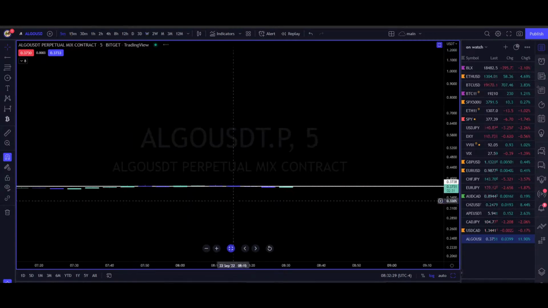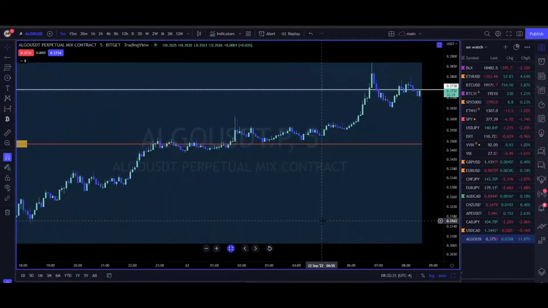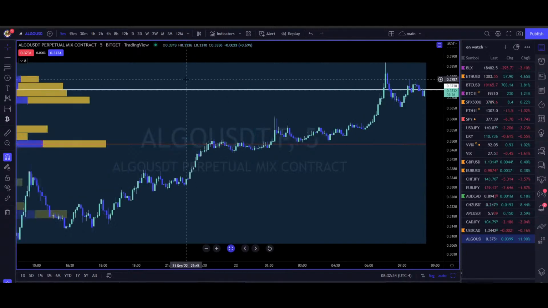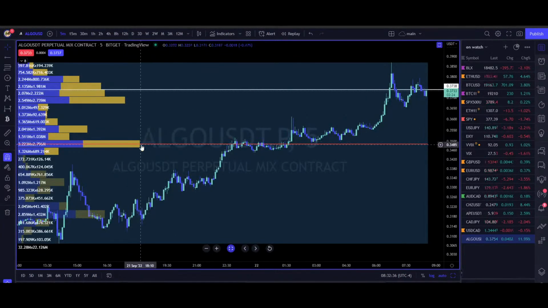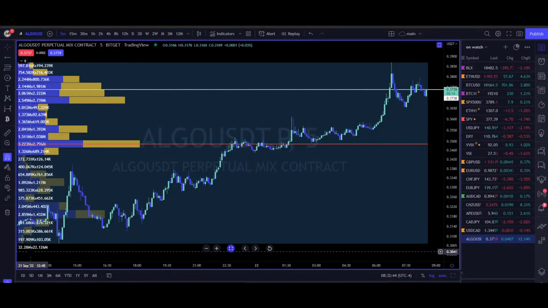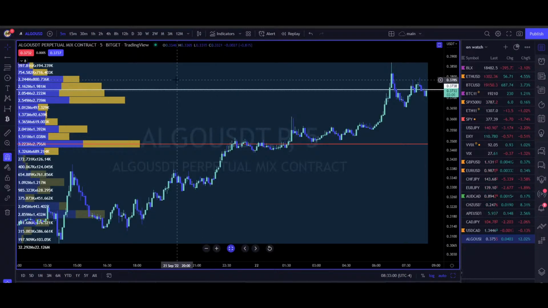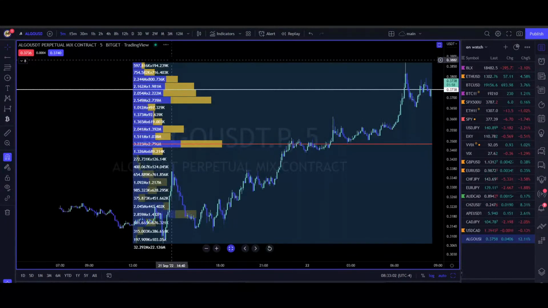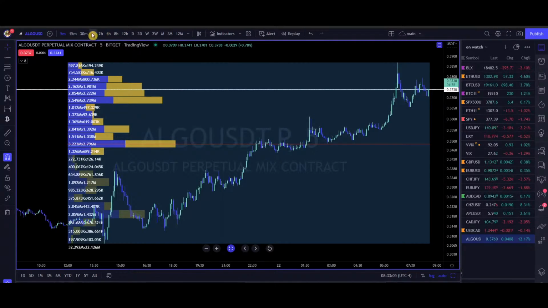So this is what it looks like on the 5-minute. You're trading at weekly resistance here. Your point of control is still down there. We need to see it move or migrate up, to let us know that there's actually selling going on. Currently, you have 32.28 million algos being bid and 22 million algos being sold. So clearly overweighted to the bullish side. Trying to short a strong asset with that much buying going on is not usually what we want to do.